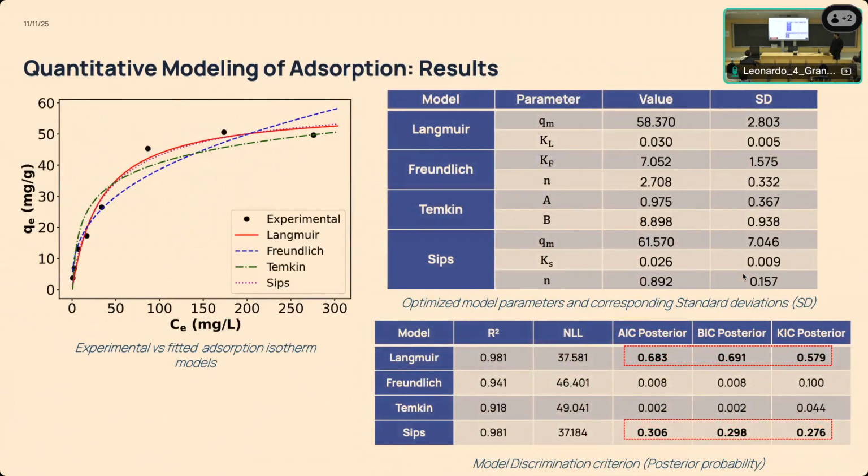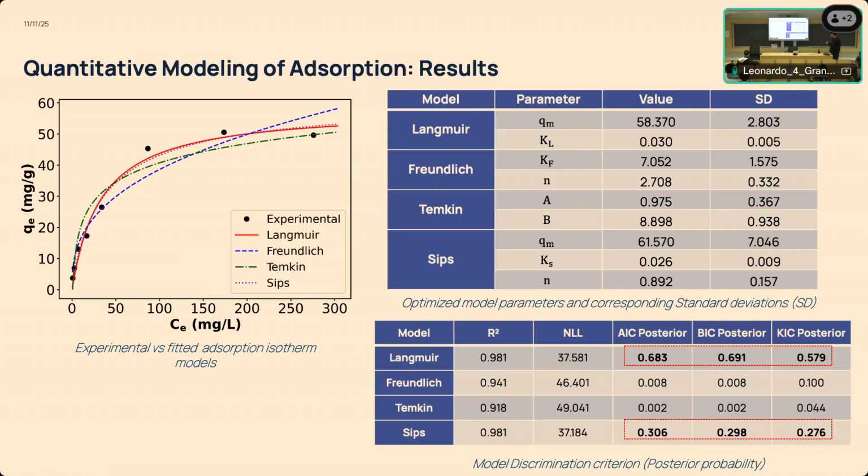Just to give you an idea, here are the results from the batch experiment of the isotherm. At the top of the table are the optimized model parameters and their corresponding standard deviation. Here are the posterior probabilities associated with each metric of AIC, Bayesian, and KIC. Although the R-square determination coefficients of Langmuir and Sips were almost the same, the KIC posterior probability of Langmuir is significantly higher than the Sips model. So in our case, we ended up selecting both of these models for the mechanistic explanation of